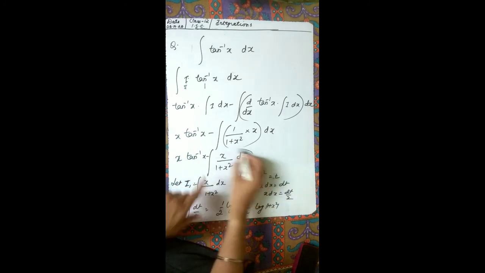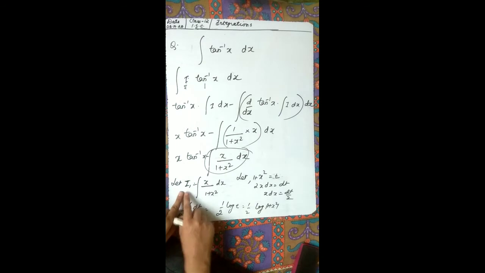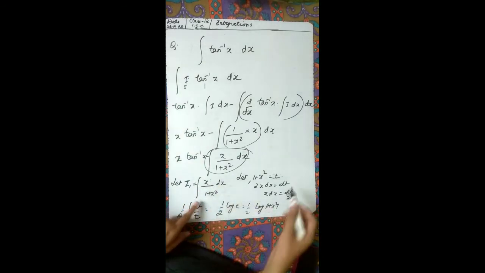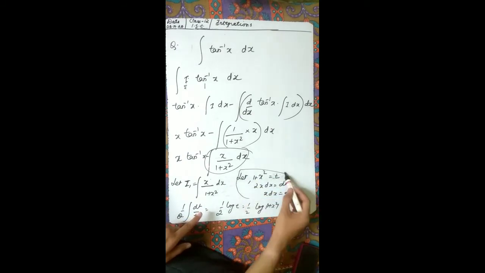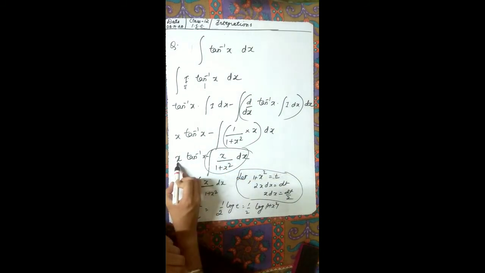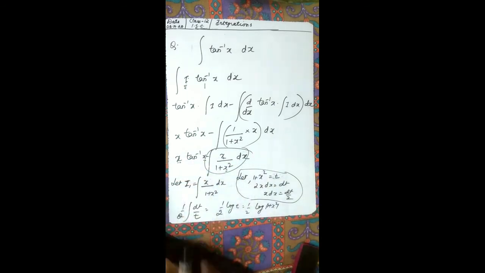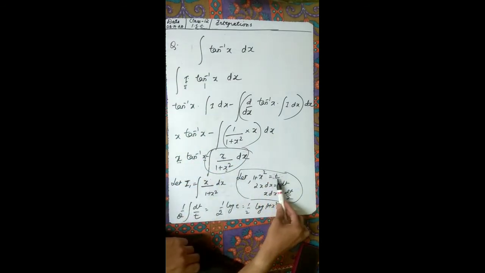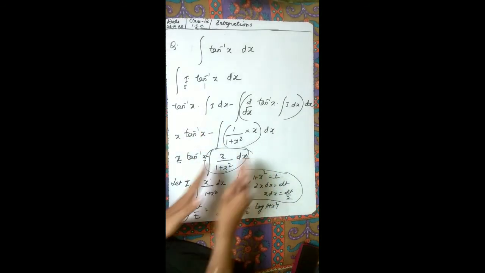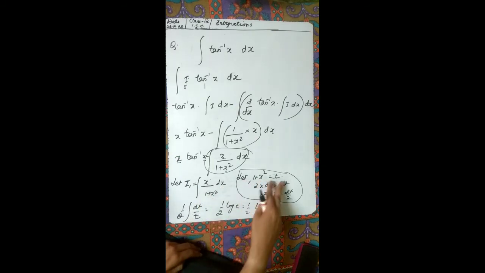Now we need to know the integration of this one. So let us consider this as I1, I1 is equal to the integration of x upon 1 plus x square, because we need some substitution. If you do it in this same place, you would need to put it everywhere, 1 plus x square is equal to t, so it will be somewhat confusing. So separately take this as I1, x upon 1 plus x square dx. Consider 1 plus x square is equal to t.